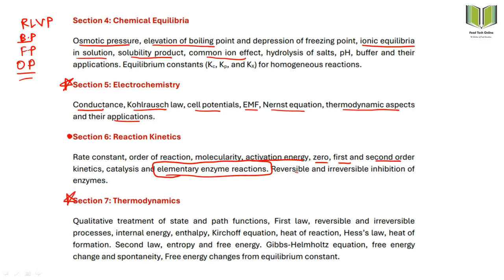After that, the important topic which will be having a large contribution in this 25 marks is thermodynamics, in which there will be state function, path function. It is very common. Intensive, extensive properties, first law of thermodynamics, reversible and irreversible processes, the theory and techniques of how to calculate the ionization energy or ionization enthalpy of the various reactions that are happening. And after that, we have to learn about the second law of thermodynamics, and also how to determine the Gibbs free energy and how to determine the entropy.